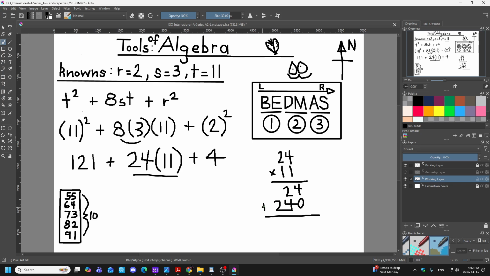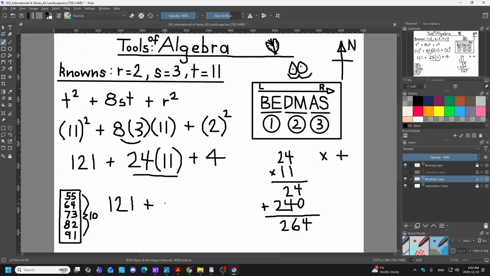Again, with multiplication is addition. 4 and 0. We're adding. It's 4. 4 plus 2 is 6. And just bringing down the 2, because there's nothing happening here other than it's just a 2 hanging out. 264. So we have 121